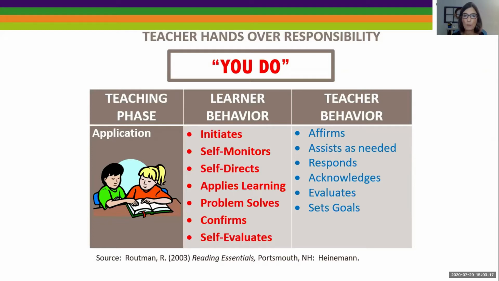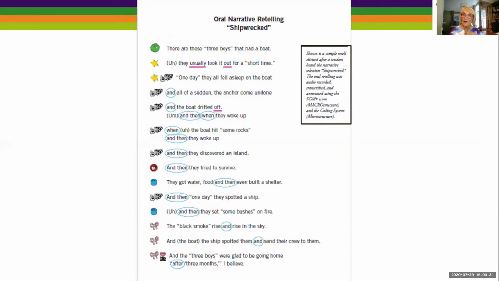And when you allow them to make this decision, you're actually making their thinking visible. You're doing that visible learning. You're trying to find out where they're coming from by what they say and what they do and what they write. Great. All right. Okay, so this is the language sample, the story sample, the retelling that we did using